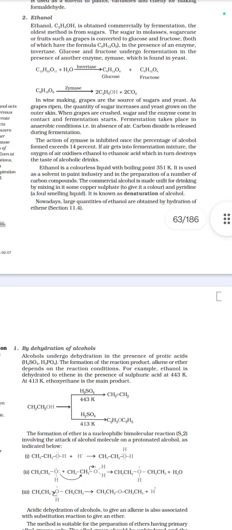The action of zymase is inhibited once the percentage of alcohol formed exceeds 14%. If air gets into the fermentation mixture, the oxygen of air oxidizes ethanol to ethanoic acid, which in turn destroys the taste of